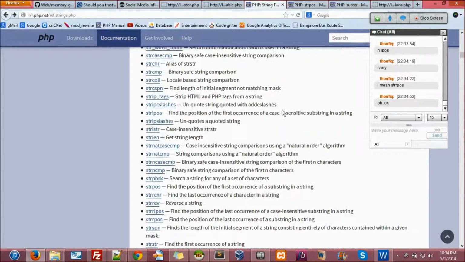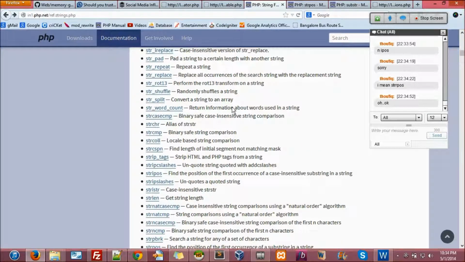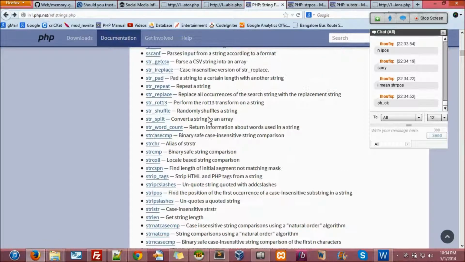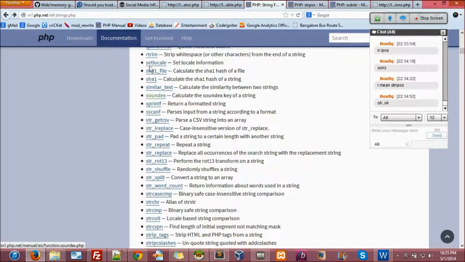Okay. So strip_tags, really important. String_split. Instead of that, you can use implode, no problem. str_shuffle is really important. str_replace is important. SHA1 is important.